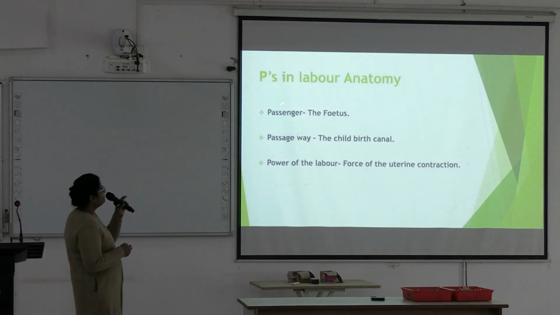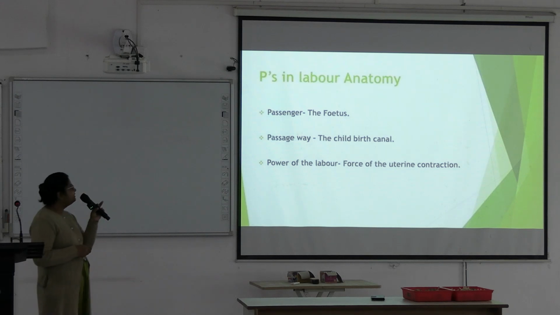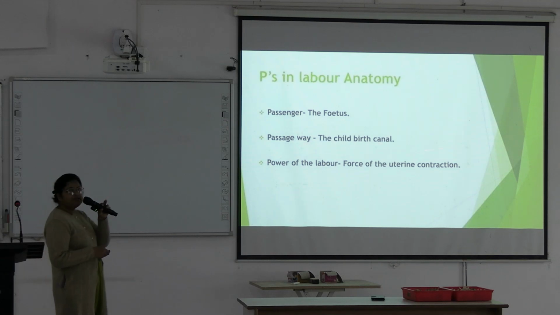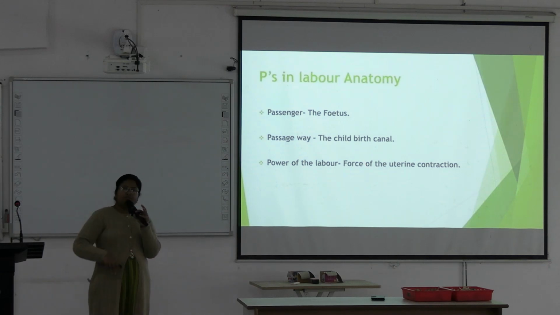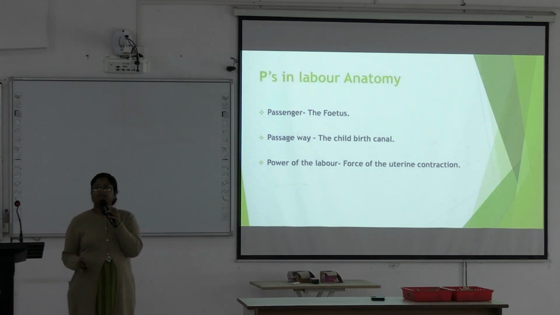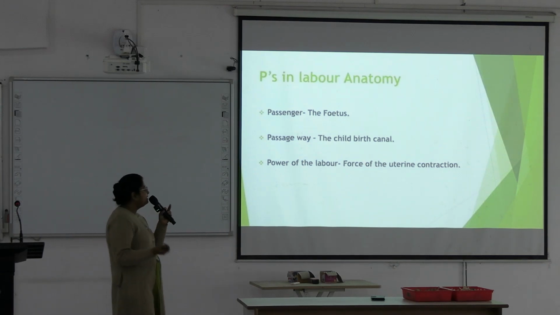So 3 P's you have to consider during labor. P is passenger. Passenger is the fetus. Passageway is the childbirth canal. And power of the labor is the force of uterine contraction. It will push the fetus through the pelvic cavity. Okay. Next,